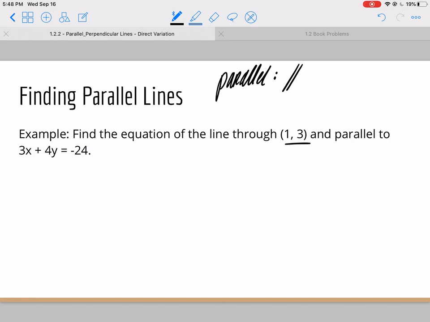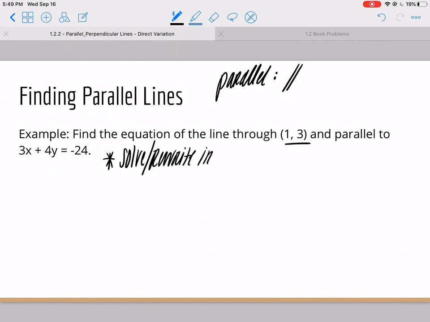Okay, so first things first, we have to know what the slope of the original line is, because we know that we have to find a parallel slope, or the same slope, in order to get this new equation. So given this current format, which is standard form, I don't know what the slope is. So I am going to first solve or rewrite